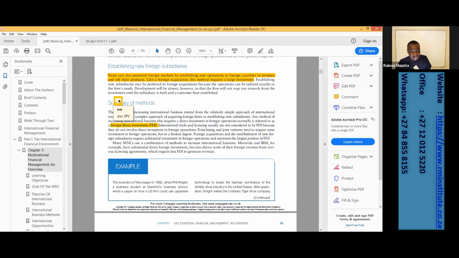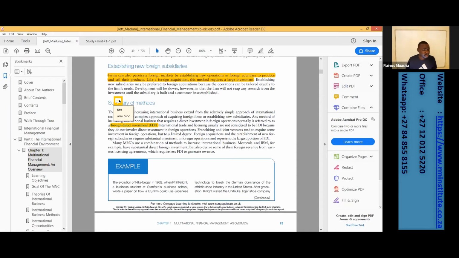Because sometimes they might realize that they don't want the risk emanating from the operations they are going to be doing in the foreign country to come back and be riskier to the parent company as well. So they create a special purpose vehicle, which is going to operate independently of the parent company, and that way it ends up insulating the parent company from the risk. And sometimes companies can also create a special purpose vehicle